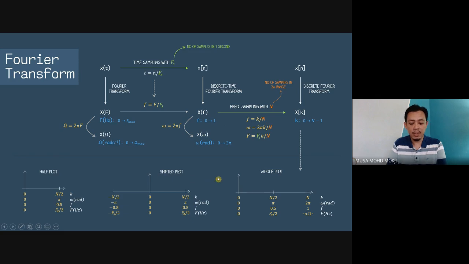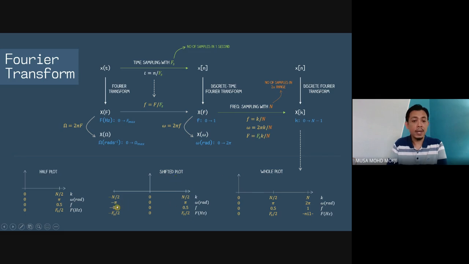Because we need to really understand this, the original is what we call a whole plot, and then we also have shifted plots. The whole plot starts with 0. For small omega, the range is from 0 up to 2 pi. Actually, the maximum frequency is pi, so this part is the conjugate pair of the other side, right?